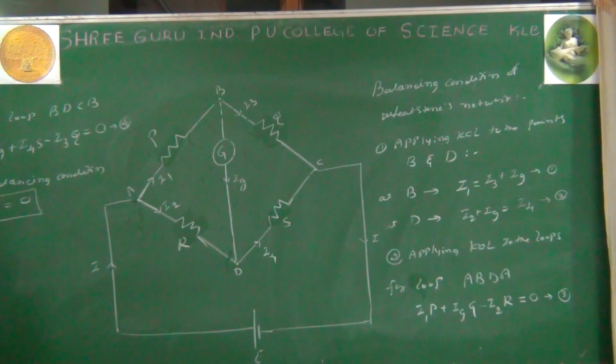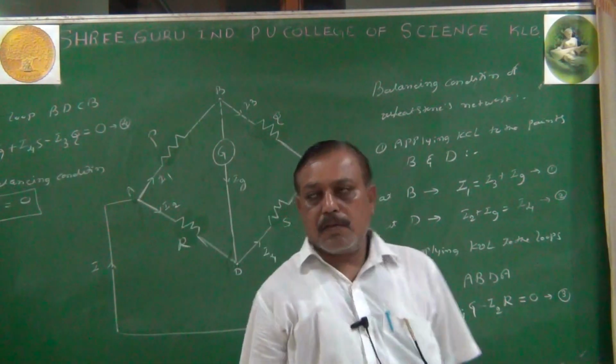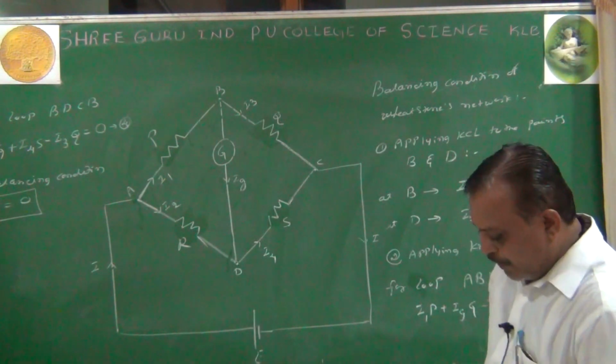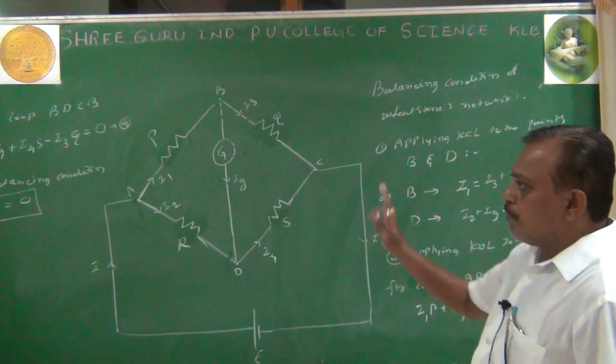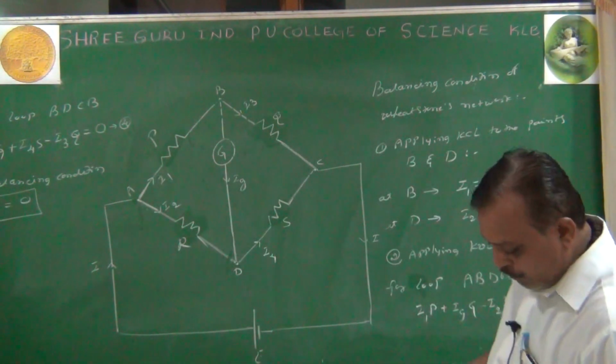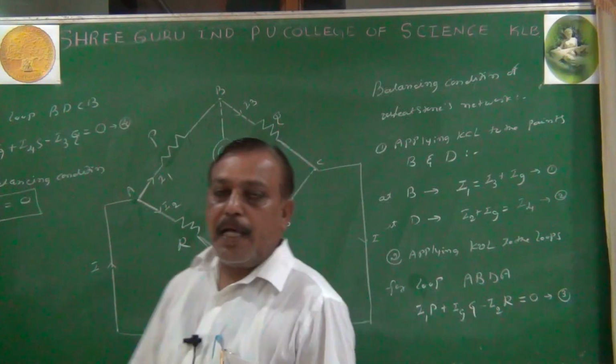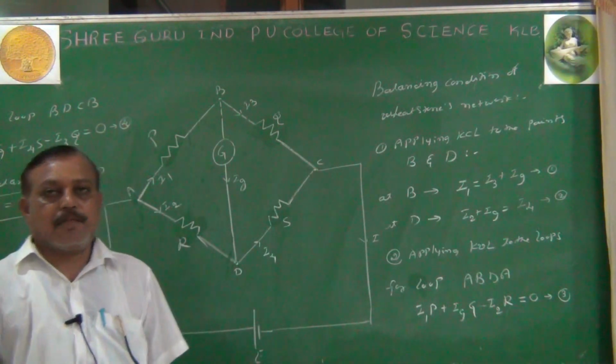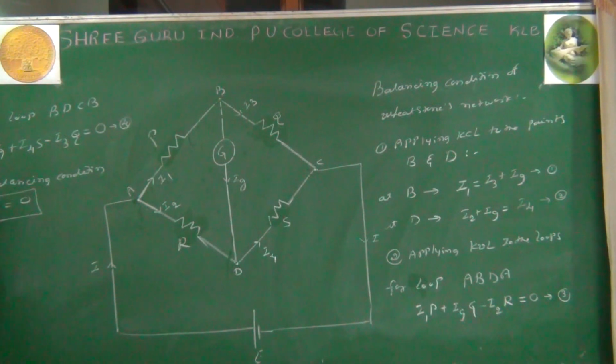When you achieve the balancing condition, the current through the galvanometer is 0, then what is our next step? Wherever the Ig is available in equations 1, 2, 3, 4, you substitute Ig equals 0, then you make a systematic arrangement of the equations, and that gives your balancing condition for this network. At balancing condition, Ig equals 0. Shall I substitute Ig equals 0 in our equations? Put Ig equals 0 in the above equations. Whatever equations we have got, 1, 2, 3, 4, wherever Ig is available, you substitute Ig equals 0, then the equation is obtained.